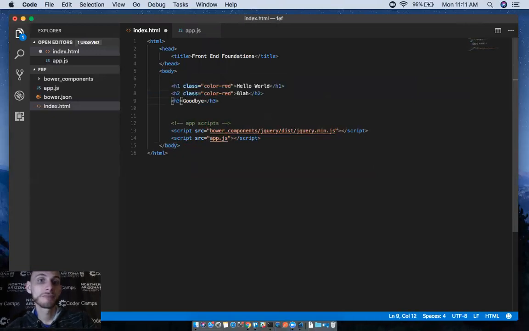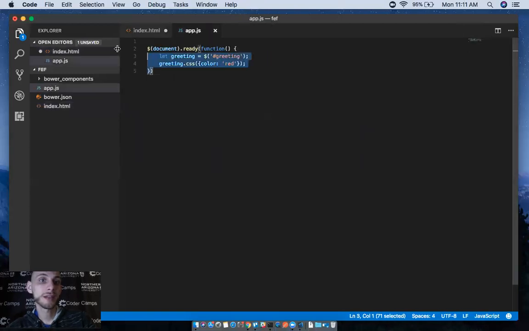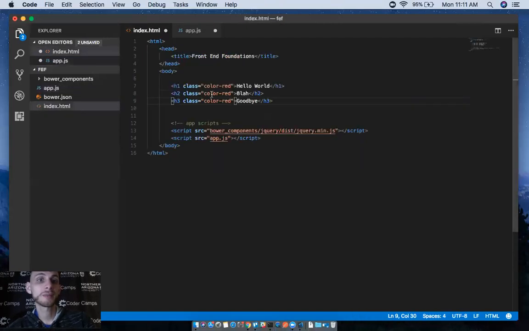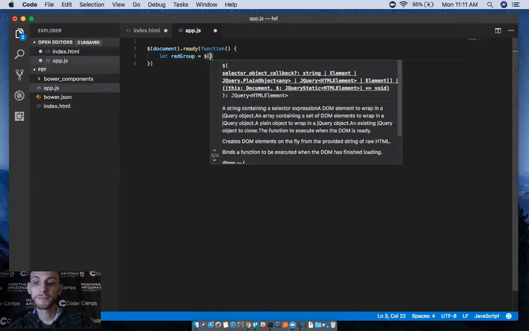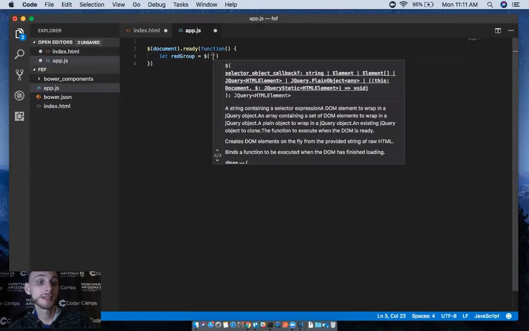Okay. And now I can reference that here in my script. Okay, so I'm going to go ahead and target all of the color reds. So I'll say let red group equals bling, and then to reference a class,